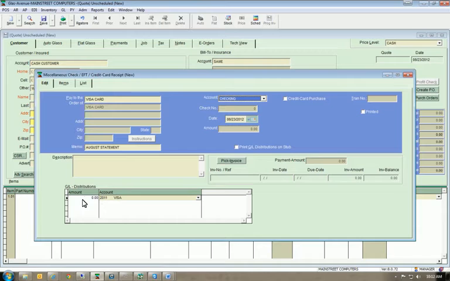Or if you're using general ledger, you're going to go down here. And you notice in the general ledger account, I've already got it set to the 2011 liability account for Visa, and we set that up when we set up the vendor file. So if you didn't set that general ledger account when you set up your vendor, you may want to go back in and set that up. And now we just put in the amount that we're paying on our Visa card there